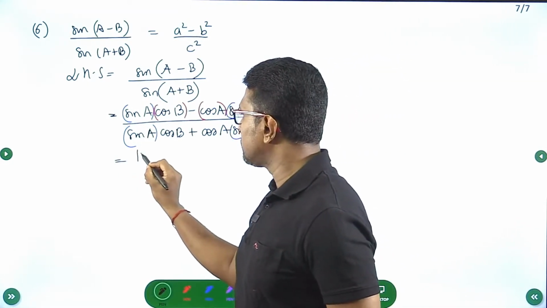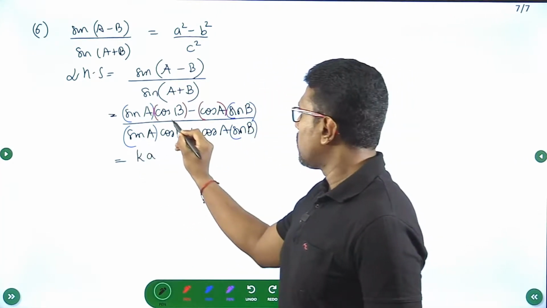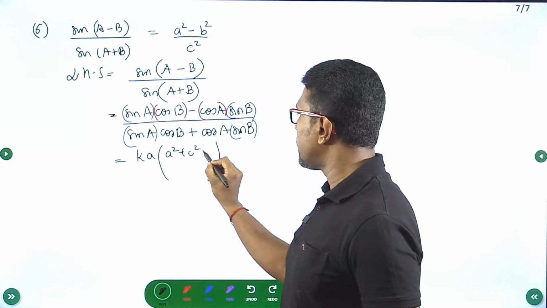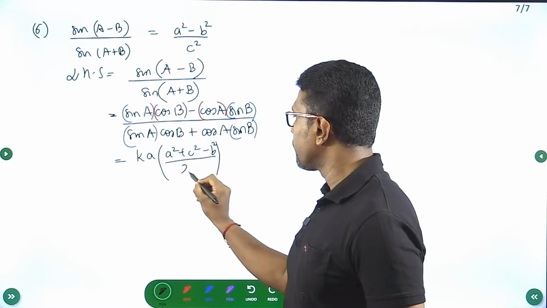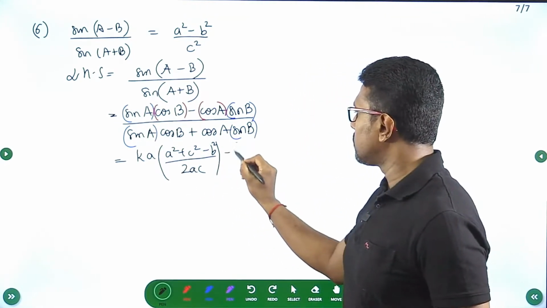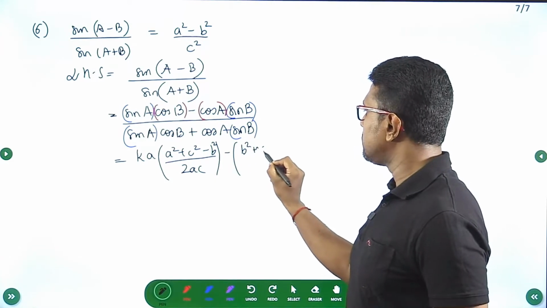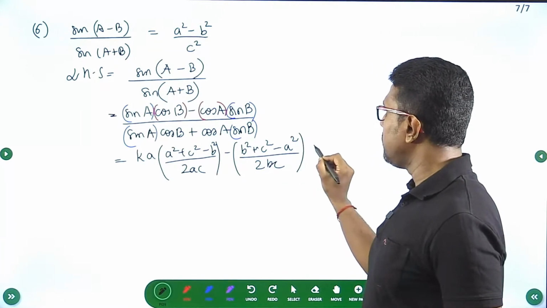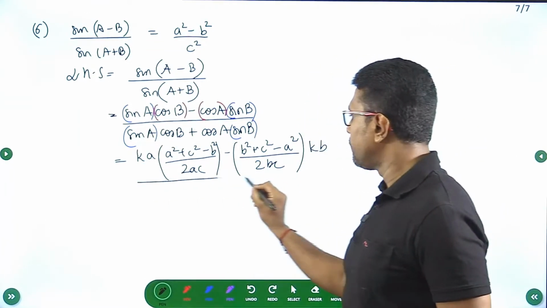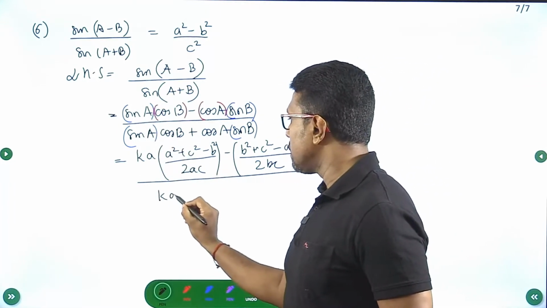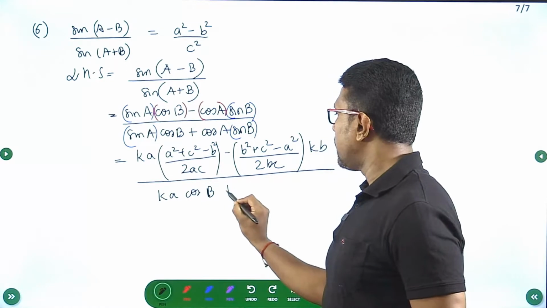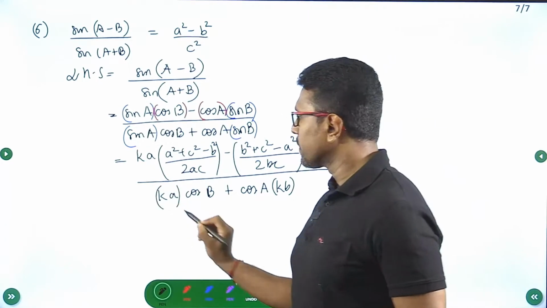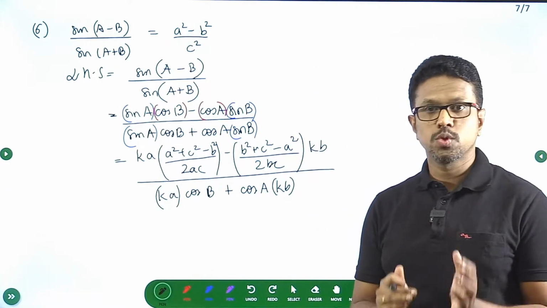So this is k into sin A. Cos B, the formula for cos B is a square plus c square minus b square upon 2ac, minus this is also b square plus c square minus a square upon 2bc, and sin B is k into b upon this is ka cos B plus cos A into kb. So I have used sine rule in all the sine terms, but I have used cosine rule only for the